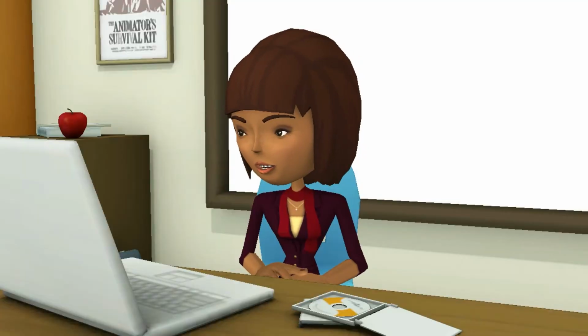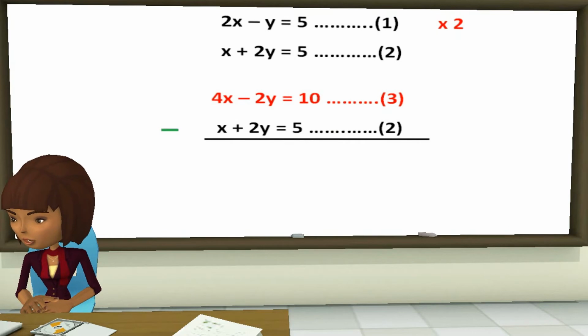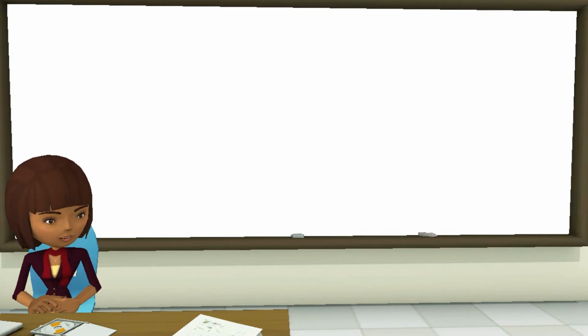Okay, let's look at that a little closer. You doubled each term in equation 1 just fine. But when it came to eliminating y from each equation, you subtracted equation 2 from equation 3, instead of adding equation 2 to equation 3. The whole purpose of subtracting the two equations is to eliminate one of the variables, such that we can solve for the other variable. I know I said we subtract the two equations earlier, but in essence what we are